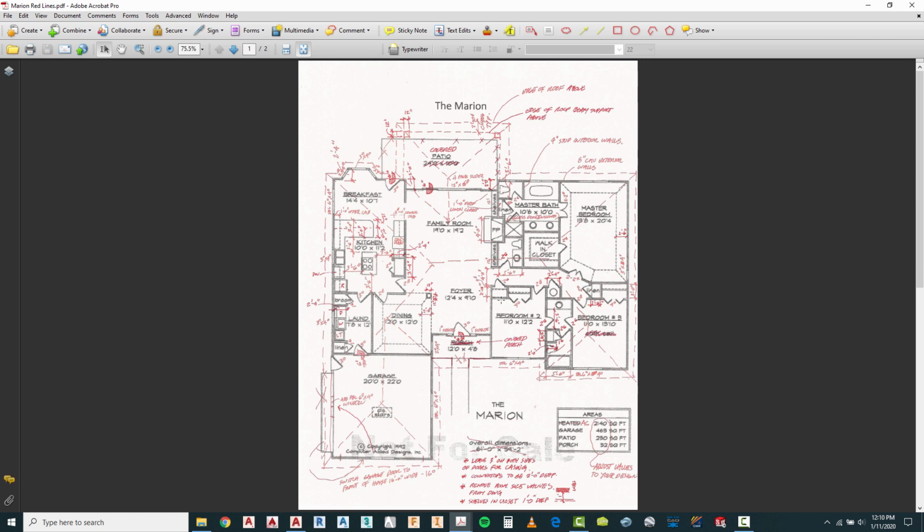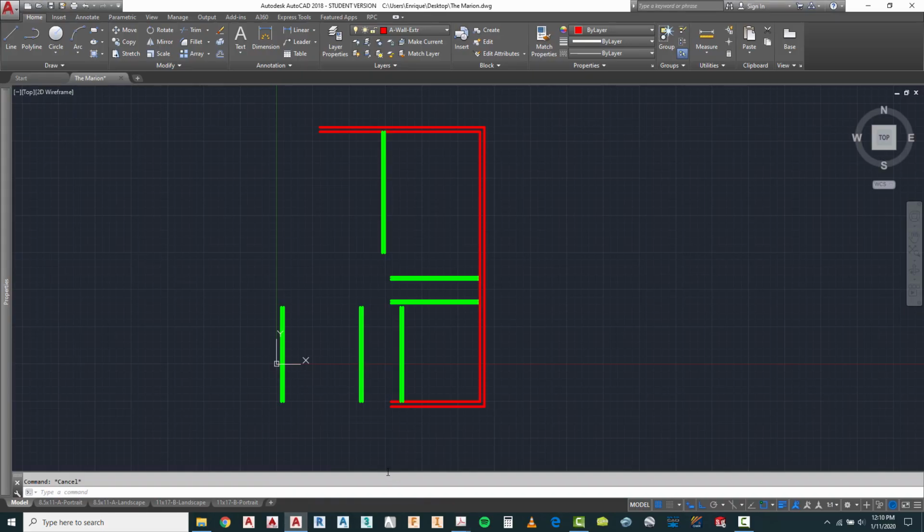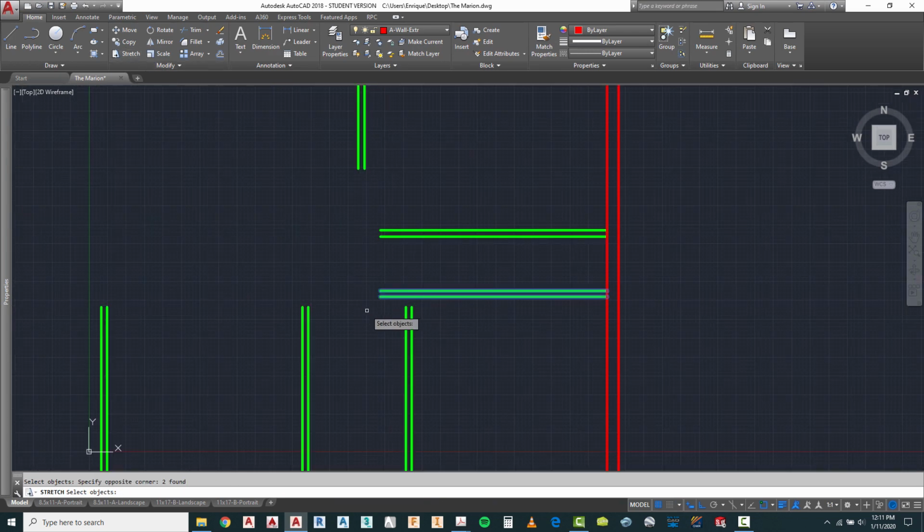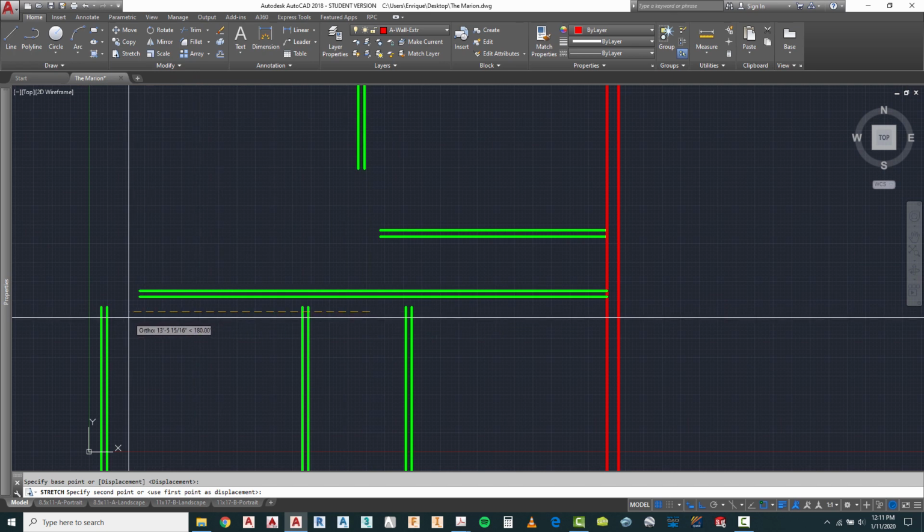Those walls align. So since I've already laid this wall out, I can stretch it out this way and let it come over to here. Then I can begin to lay out my exterior walls here, plus once I have information here, I can lay out my wall here. So let's go back to the drawing in here. I'm going to use my stretch crossing command, pull that wall over to here,